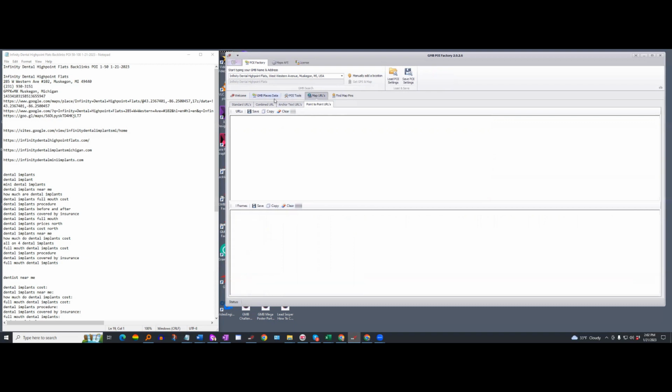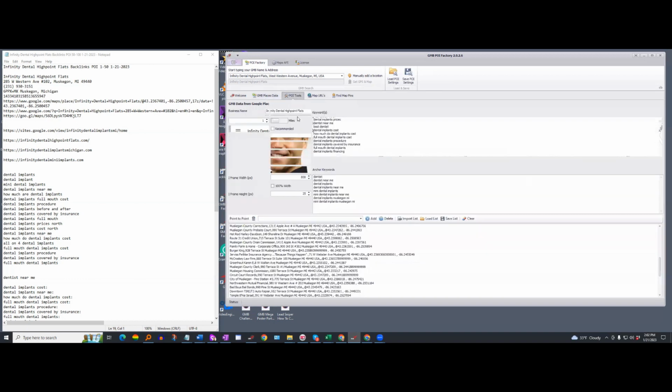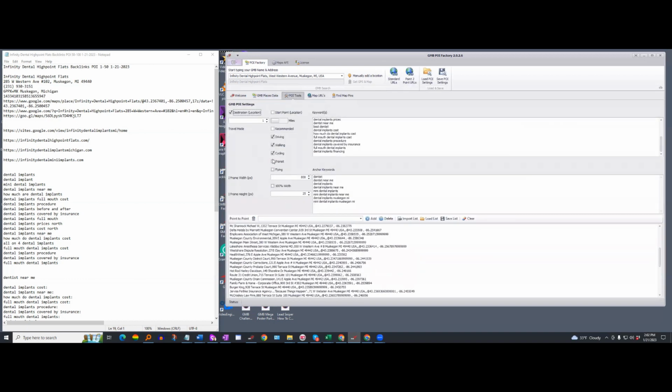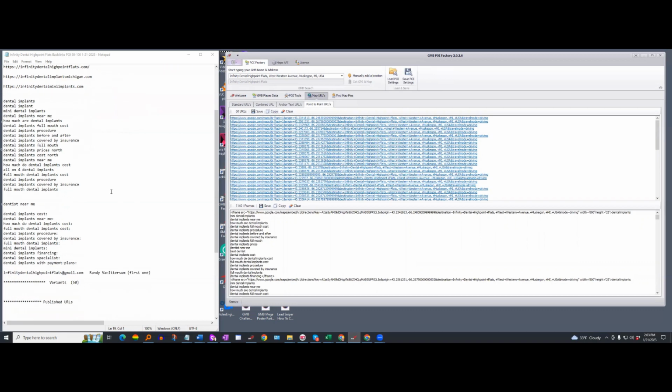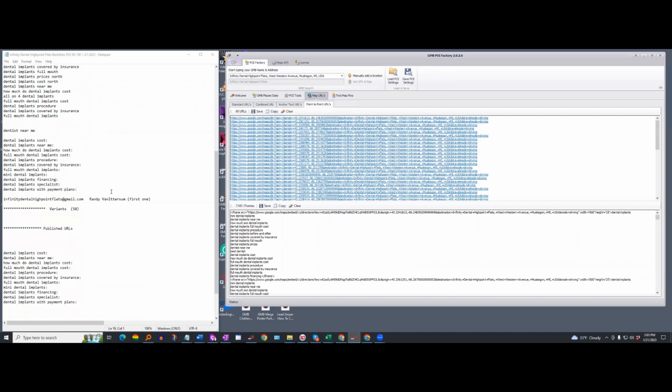So anyways, I've transferred those POI locations over here, and I'm just going to click this off and use only driving directions to make this a little bit easier to understand. And so the next thing I will do is hit point-to-point URLs, and it will go out and find me 60 URLs immediately. And then I would copy those, and I'm going to turn around and paste those into my